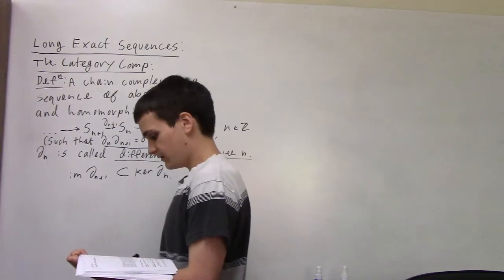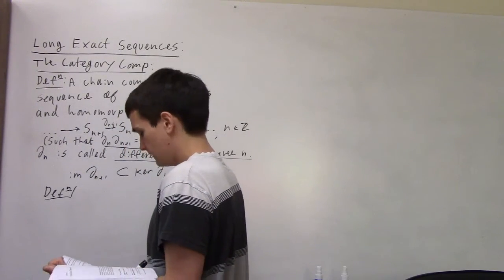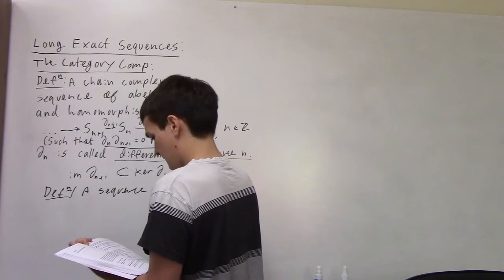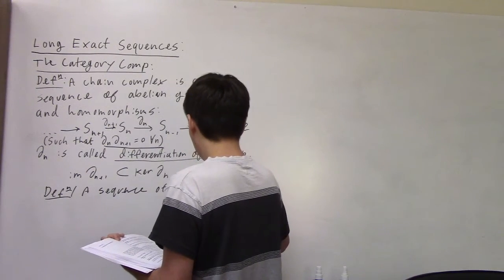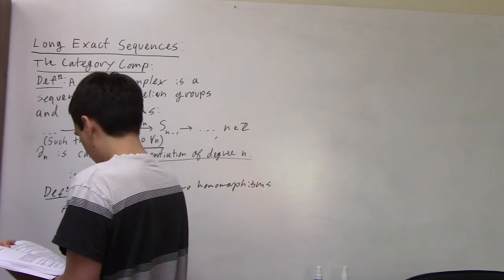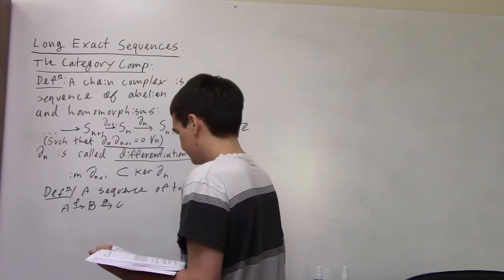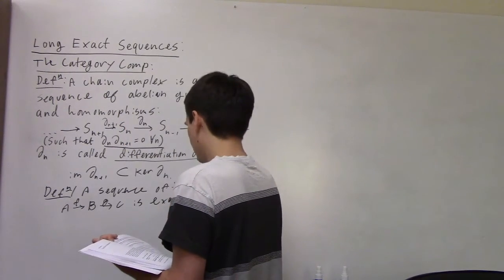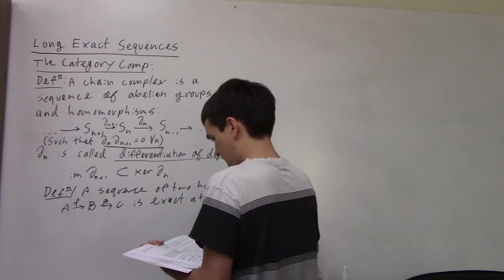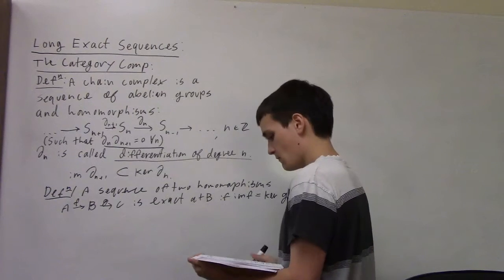So let me have another definition. A sequence of two group homomorphisms, of course, so let's call them F and G, is exact at B if the image of F is equal to the kernel of G. So of course,